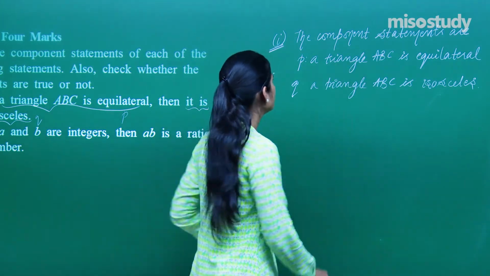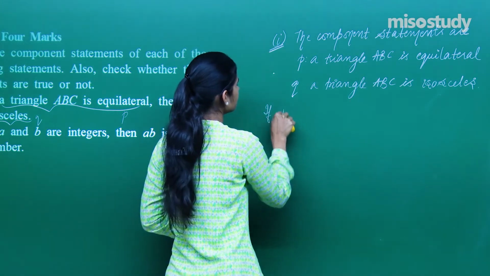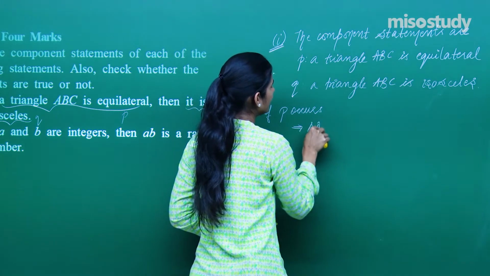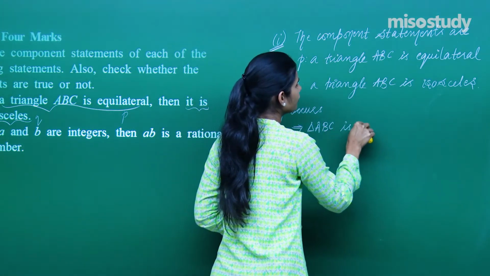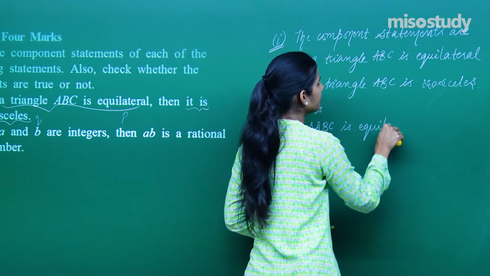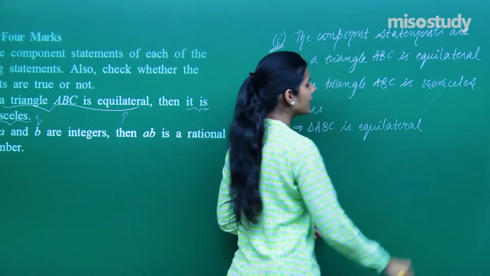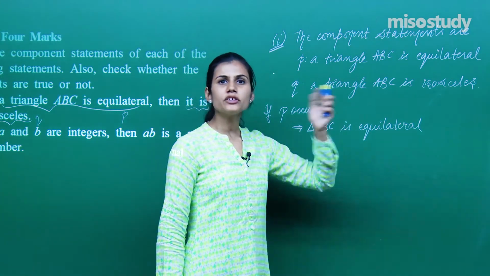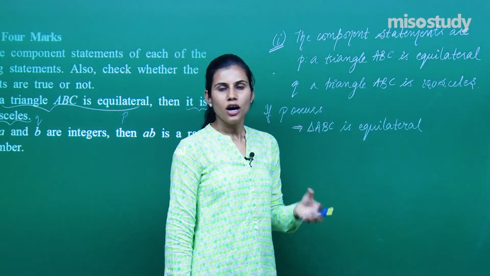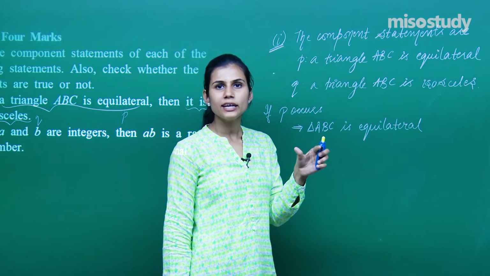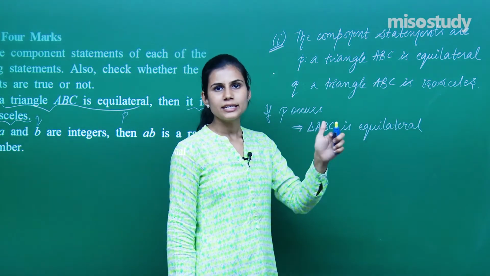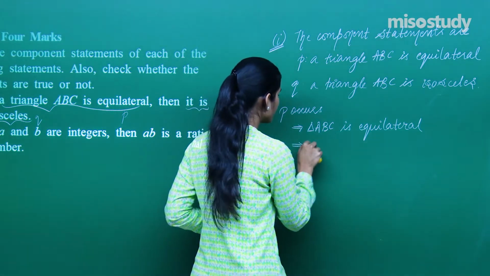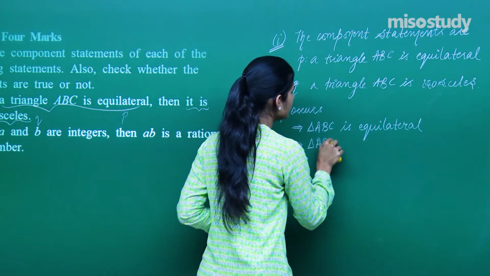So if you say, if P occurs, this implies triangle ABC is equilateral. Suppose P is occurring, that means you have a triangle ABC which is equilateral, that means all the three sides of that triangle are equal. Then clearly if three sides of the triangle are equal, then any two sides, of course you can fix any two sides which are obviously equal, right? If you have all the three sides equal, clearly any two sides are always equal. So a triangle which is equilateral always can be said as isosceles,